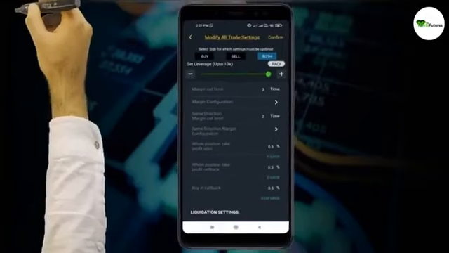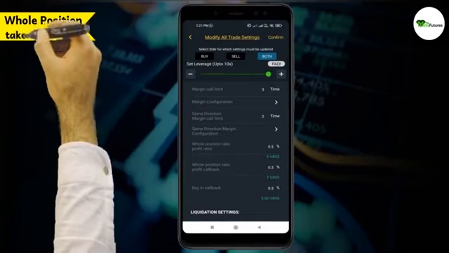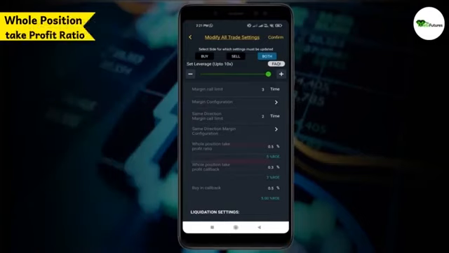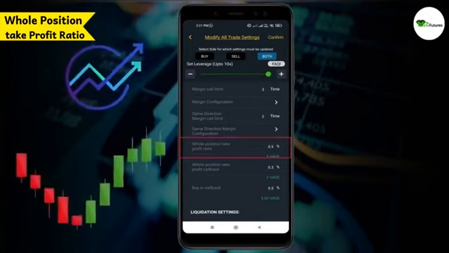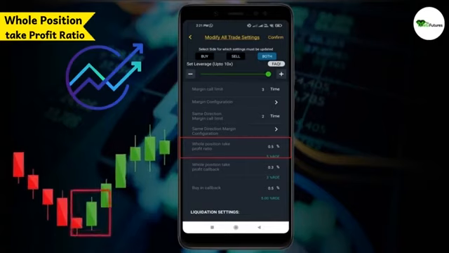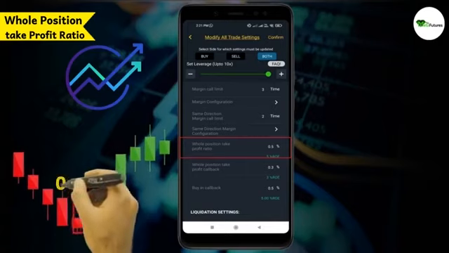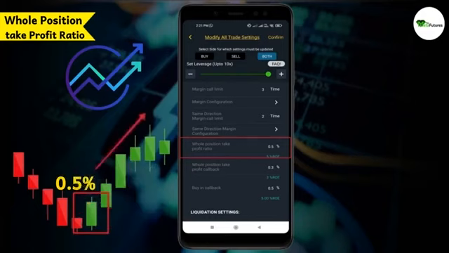Next is the whole position take profit ratio. It's the profit percent that you want to take. After this percent the bot will trigger the order. Suppose that you have placed an order that the trade will go up. As I have entered a 0.5% value in the whole position take profit ratio, whenever the trade goes up by 0.5% then the bot will come out after extracting profit, but there is a possibility that the trade will